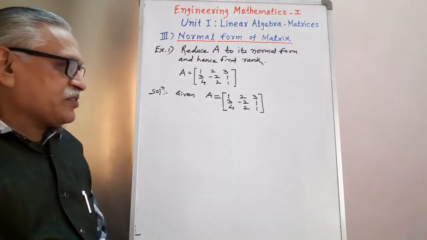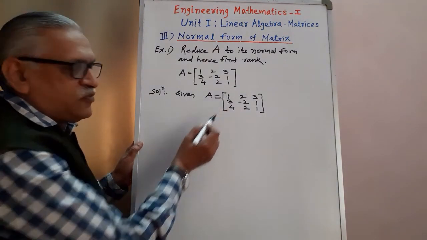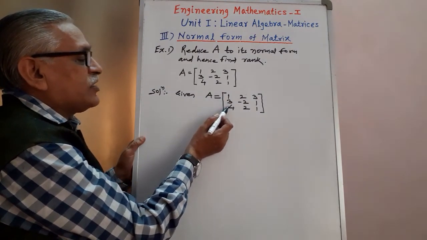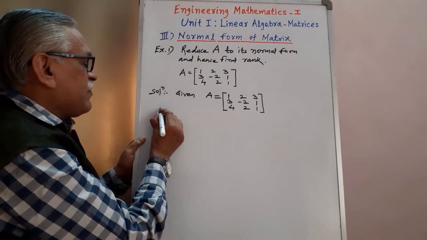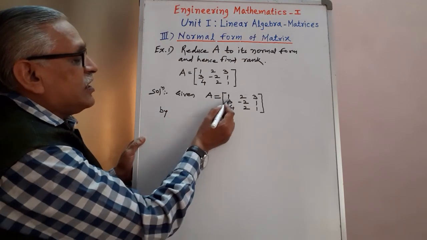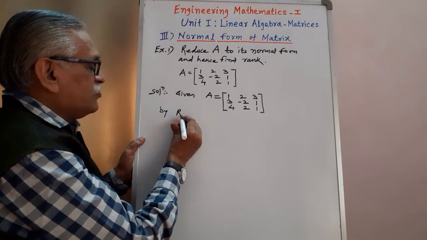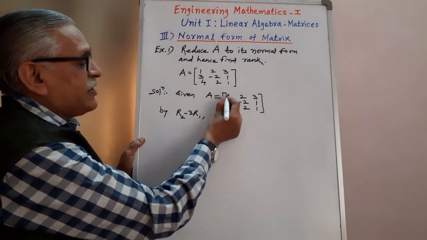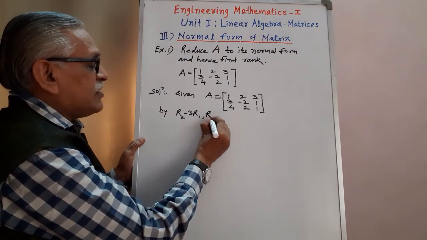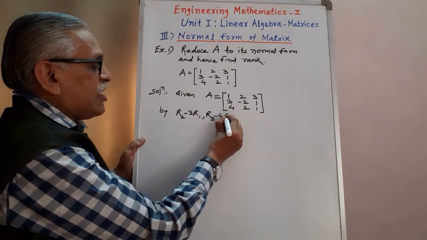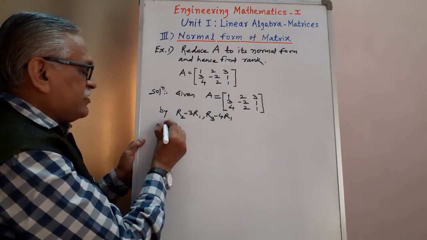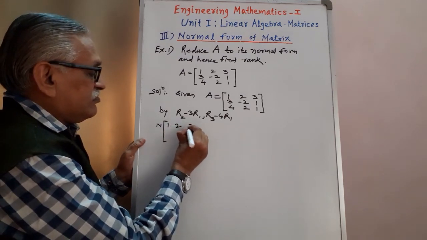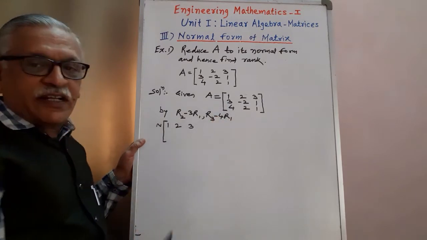So in the first half we apply row elementary transformations, and in the second part we apply column transformations. Here the leftmost element is 1, keeping that as it is, and using this 1 we try to convert these 2 elements to 0. 3 minus 3 we get 0, so it is R2 minus 3 times R1, and 4 minus 4 we get 0, so it is R3 minus 4 times R1. Applying it, the first row has no change; the changes are in the second and third rows.